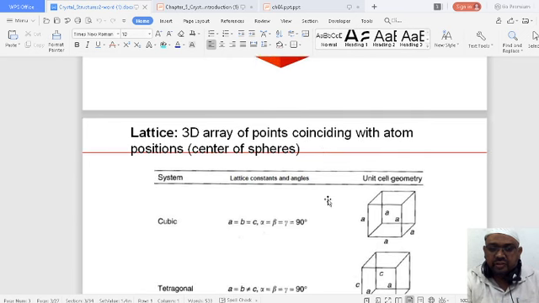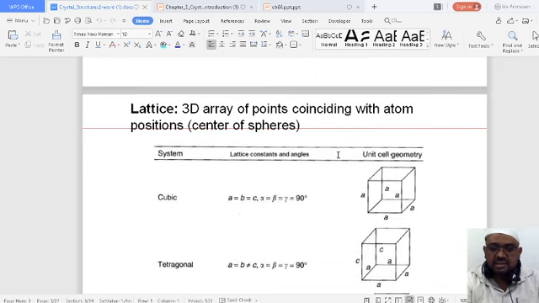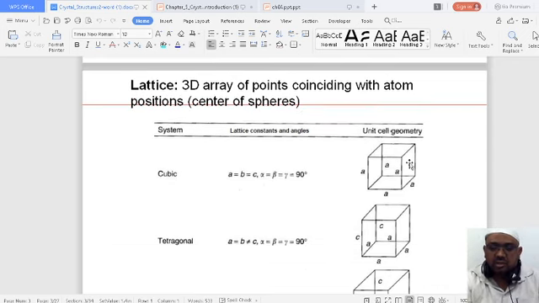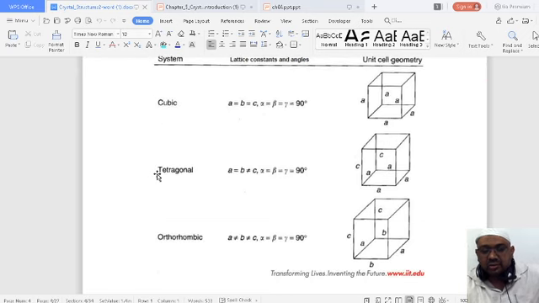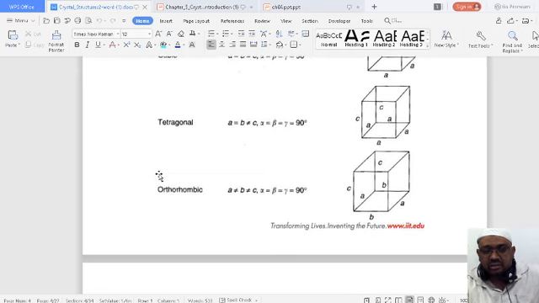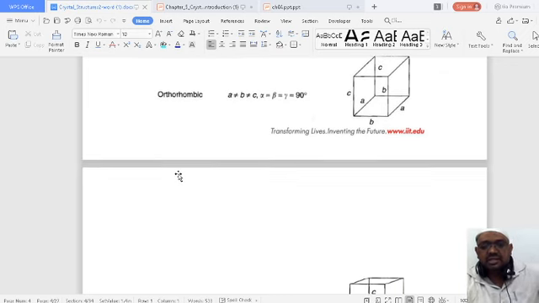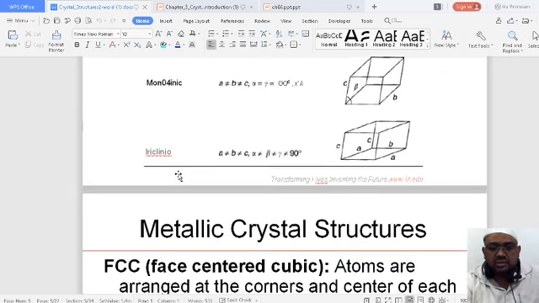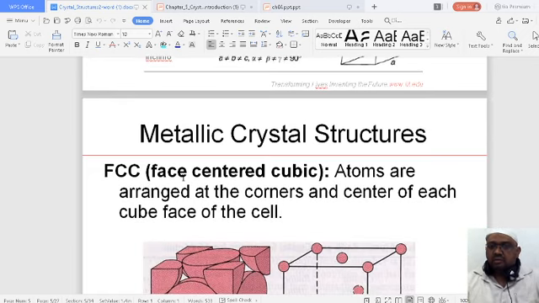We had already discussed the different crystal systems, lattice constants and angles, and you find that for the geometrical unit cell, if it is cubic and this condition is satisfied, the figure will be shown in this particular manner. If this condition is satisfied, the unit cell comes under the category of cubic, tetragonal, orthorhombic. You can just have a glance of it. In the previous classes we had a very clear idea regarding this, so this is only a brief view of the things that we have already discussed.